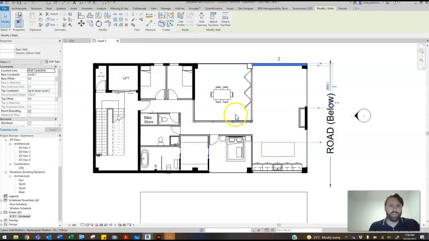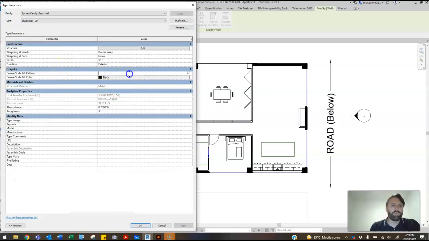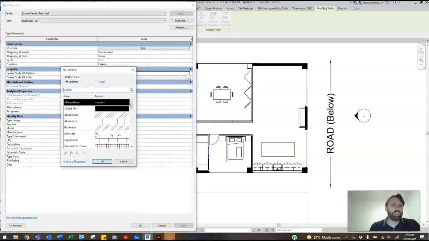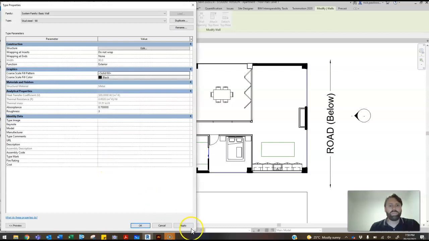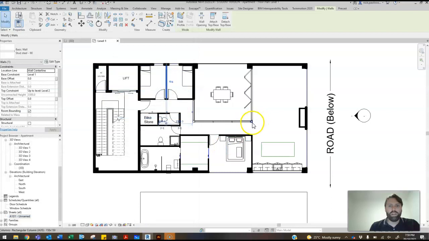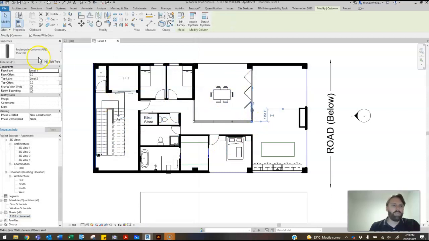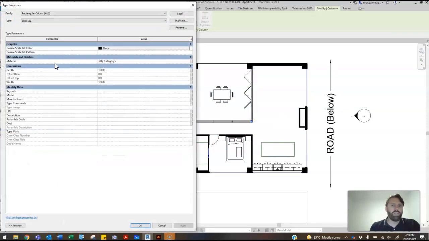In my design, I've got two different types of walls. I've got stud steel on the inside, so I'm going to have to change both of those types. So exactly the same way, just change them both to solid fill. Apply. You might need to do that to other various elements as you go around, but for the most part,